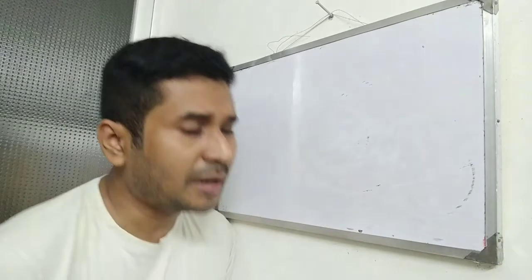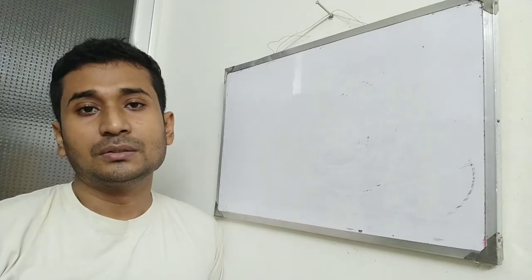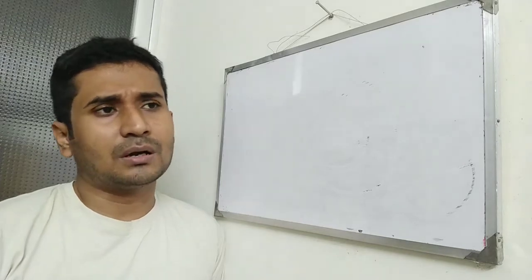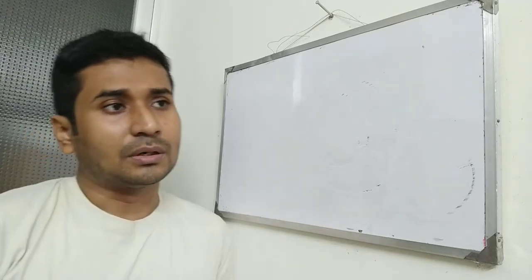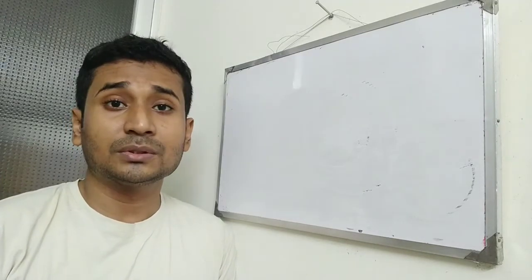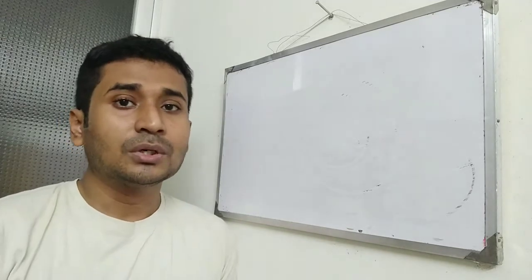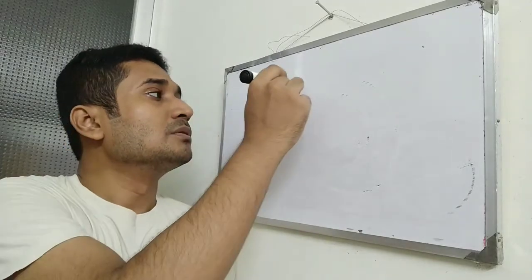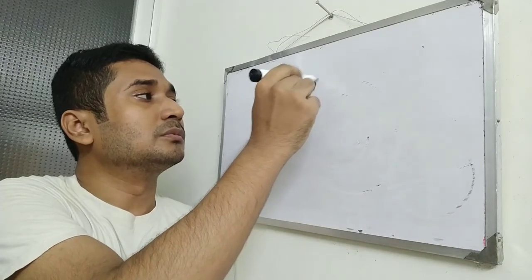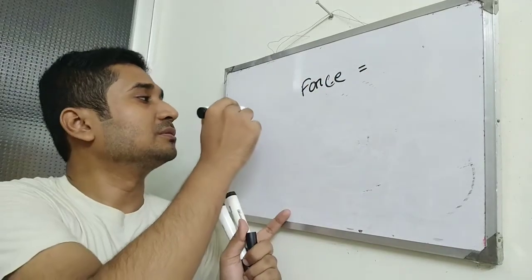Firstly you have to know the centripetal force, which acts between the electron and the nucleus. The nucleus is neutral for proton or neutron, but according to imagination you can take the nucleus as positive and the electron as negative. So there will be attraction, right? The attraction is called the centripetal force, which you can write as force,